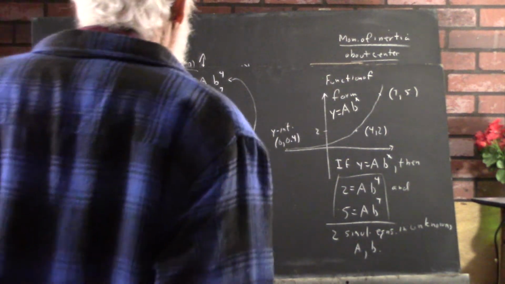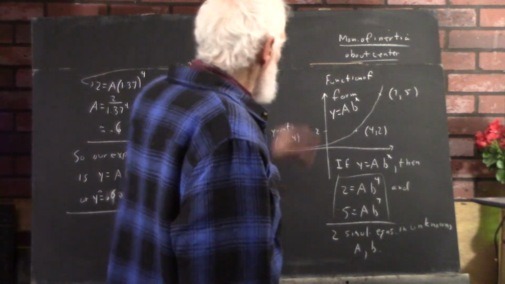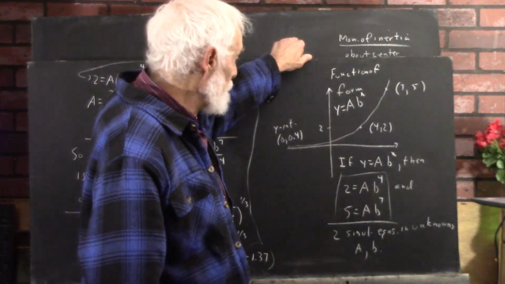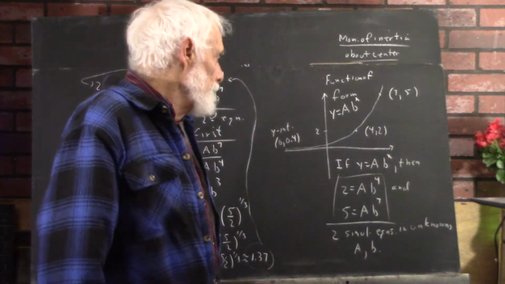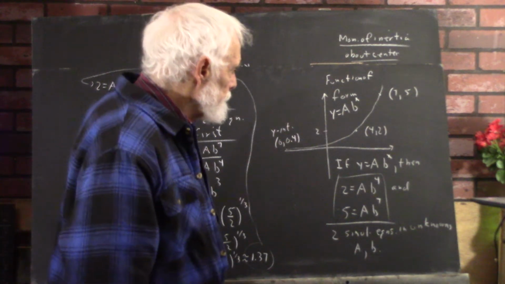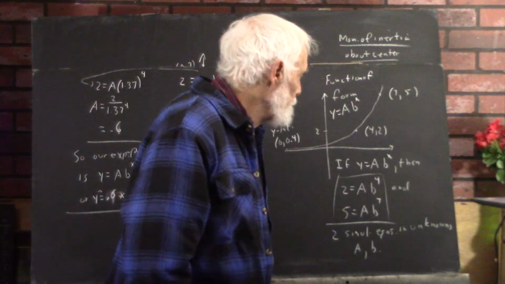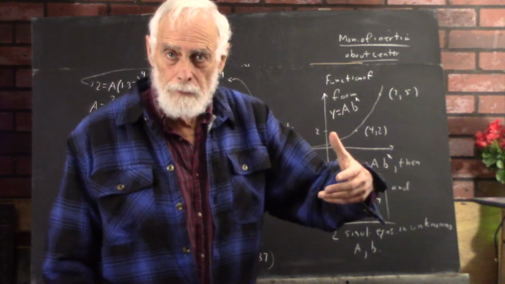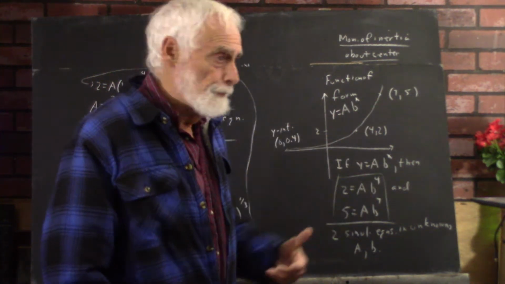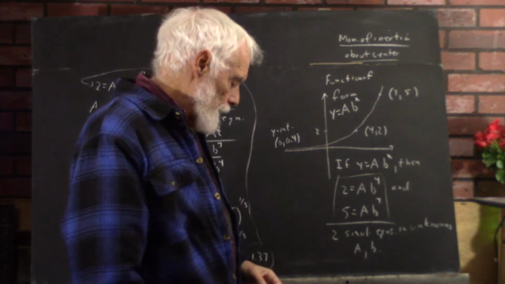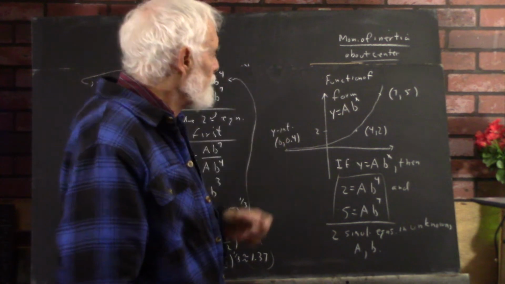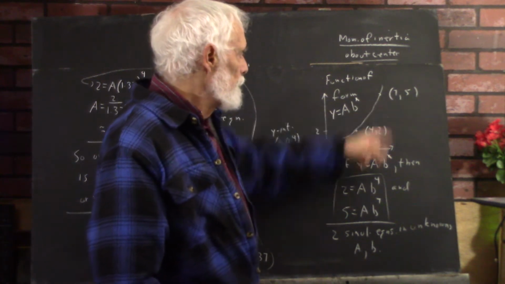Okay, a kind of important thing, and you know stuff about moment of inertia, we start down here, here's where the board is. Kind of important thing that we need to be able to do is fit an exponential or a power function to a couple of data points. You'll see how this works out in some later assignments, or why it's important. So if we have data points (4, 2) and (7, 5),